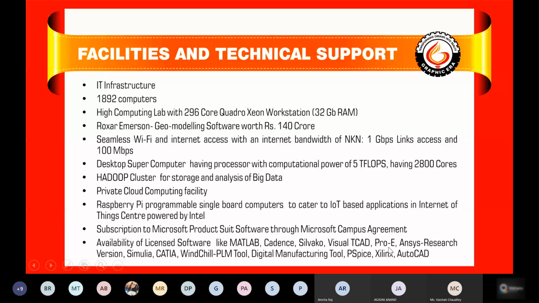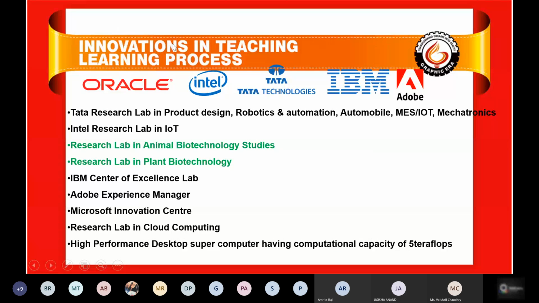So we have a facility which will help you in searching research papers while doing research, especially in silico work, you can do easily, right? And in silico or bioinformatics tools are very important for preliminary screening while doing the research. Okay, as this is showing the innovations in the teaching-learning process,